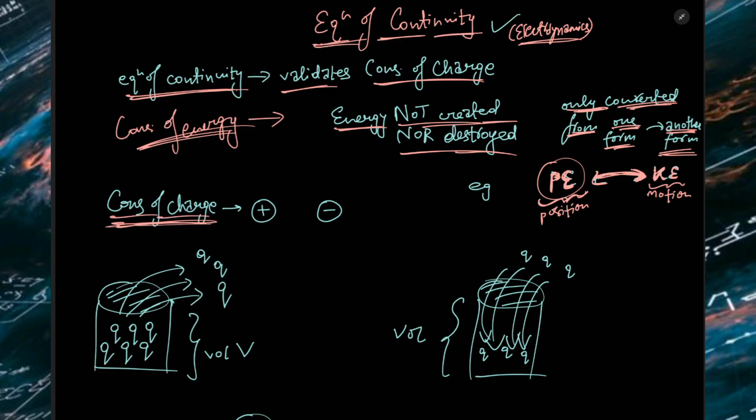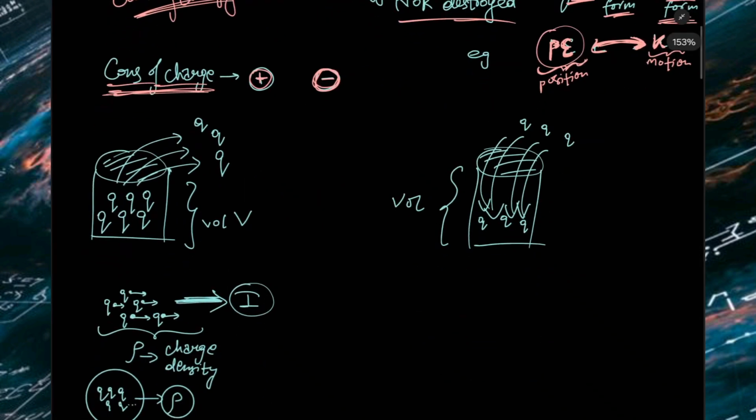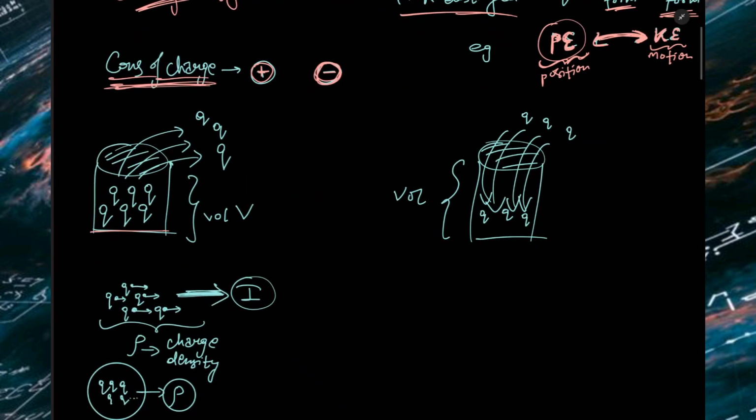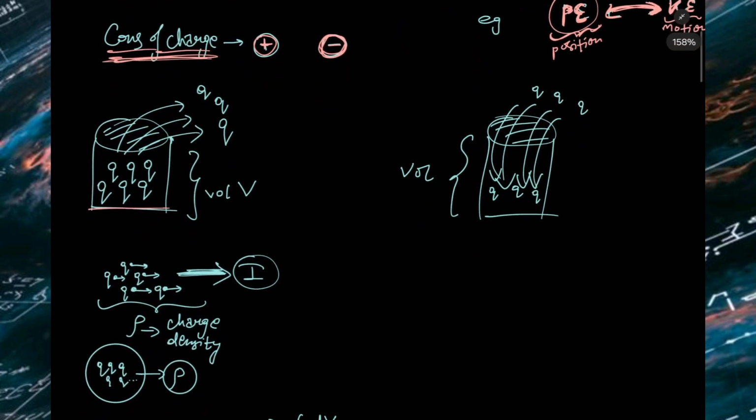Similarly, we have conservation of charge. A charge, say positive or negative, does not appear or vanish. A charge is always there in this universe. They just flow from one place to another place. They do not disappear or get destroyed. Now, we need this simple understanding in order to prove how the equation of continuity validates the